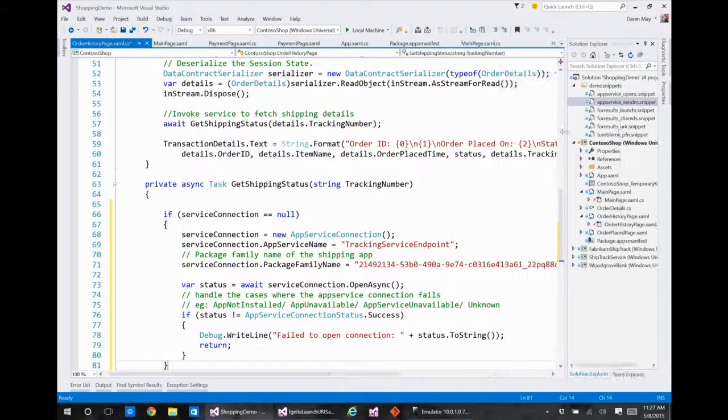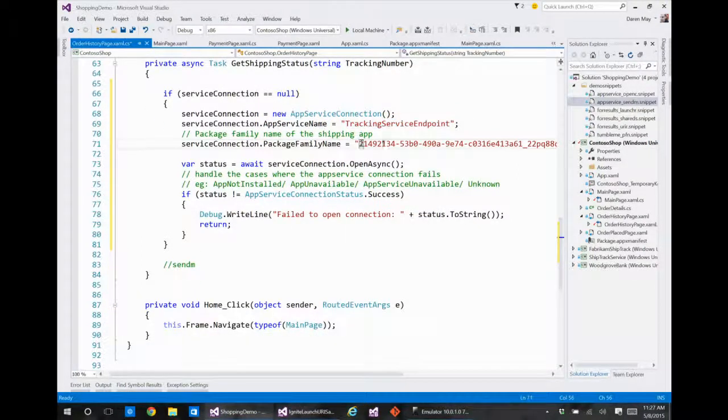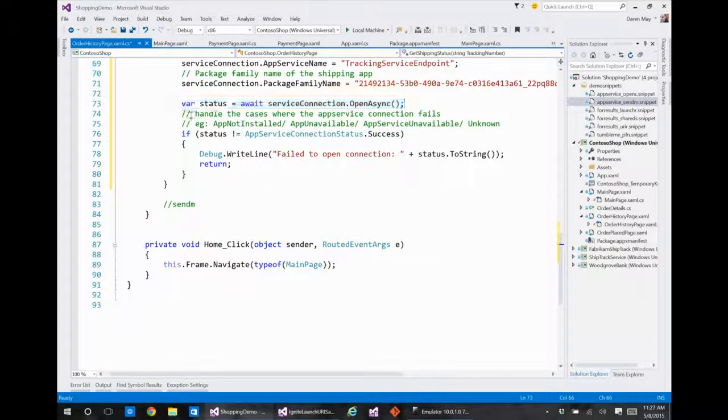So let's just drag that out of the way. So here's our connection, app service connection. We're looking for an app service name, a tracking service endpoint. This is our app package family name, and this is where we're opening up our connection and waiting for it to get open for us. We really don't have decent error handling in this one.